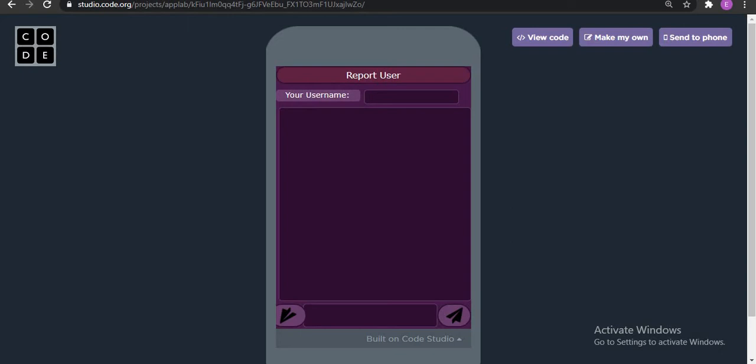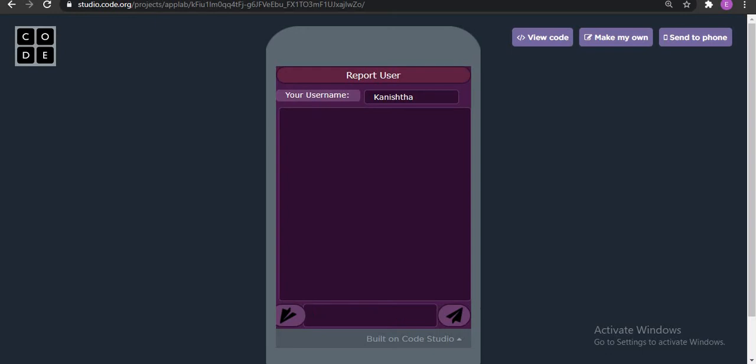So we can just type here your username. Suppose let's write here Kanishta, and let's write here, hey guys, I have a doubt, and then just send this message.